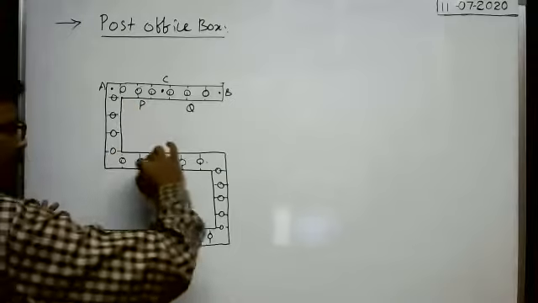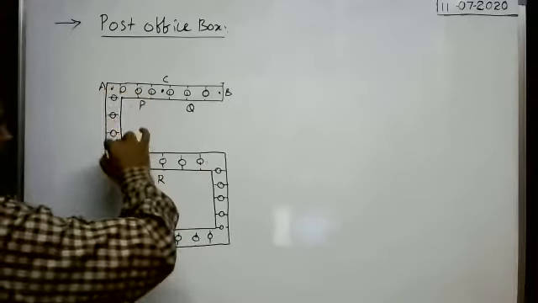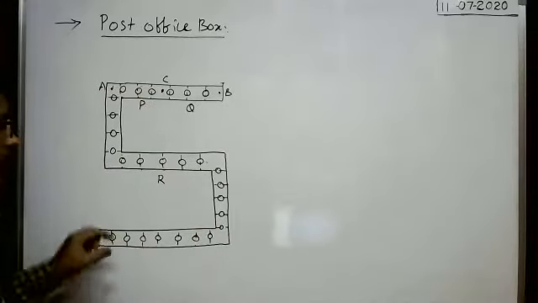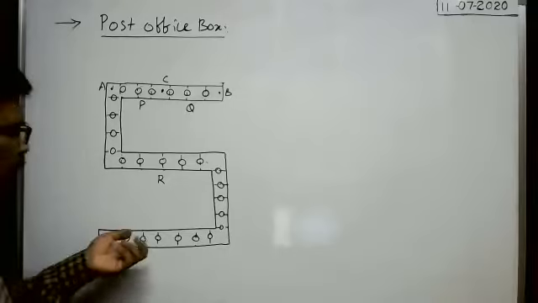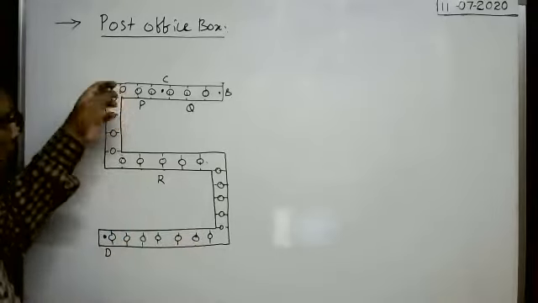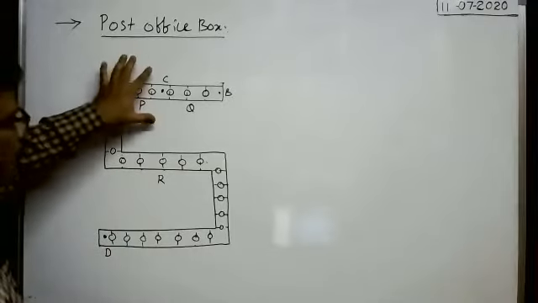Suppose you put the keys in all the holes, then the resistance between A and D is equal to the resistance of all these slots when they are in series up to this. In this way, based on the number of keys put in the holes, the resistance can be altered. Here also, by keeping the keys in the holes, the resistance can be altered.